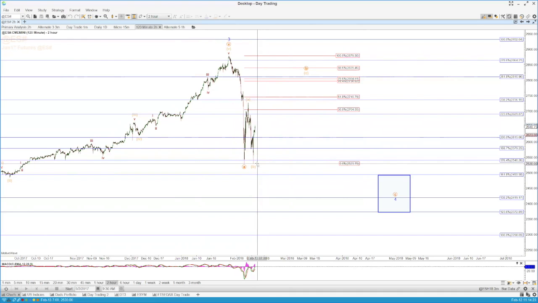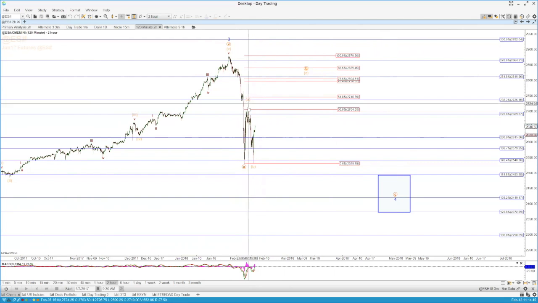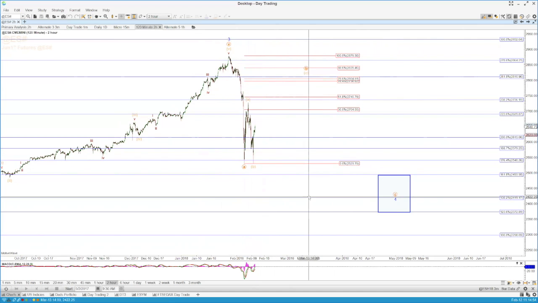Personally, I used SSO, which is the 2 times leveraged long ETF in the S&P 500, and I'm still holding a half position long in SSO as of this morning. So in the ES on this 2-hour chart, we've possibly got an A, then an A, B, C, and then down for the 4. But as with the S&P 500, it is possible that the 4 has now completed, or that we simply get a retrace against this move down for a WXABC straight down into our target region more quickly.